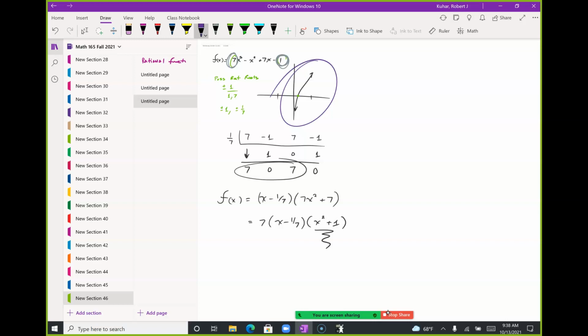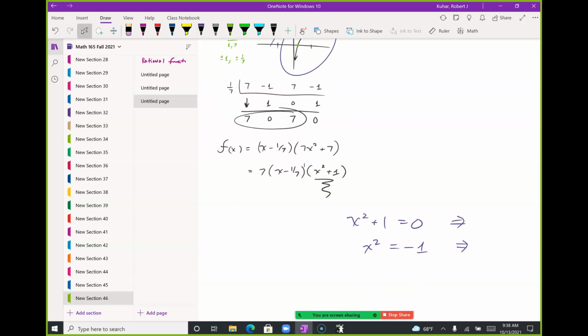So I'm thinking, all right, it's either a multiplicity of 3, but it's not. It's a multiplicity of 1, right? Because I still have an x squared term, and there's two roots for an x squared term. But it turns out that x squared plus 1 equals 0 gives me what? X squared equals -1, which gives me x equals plus or minus the square root of -1, which is the complex